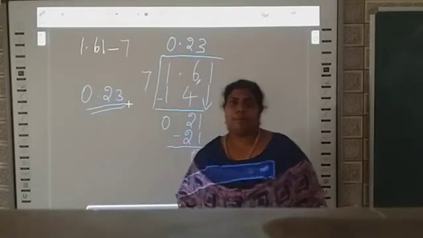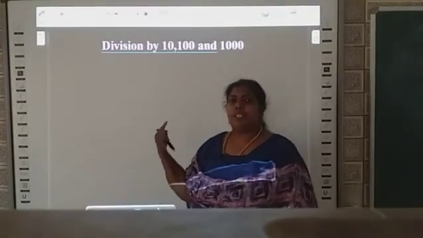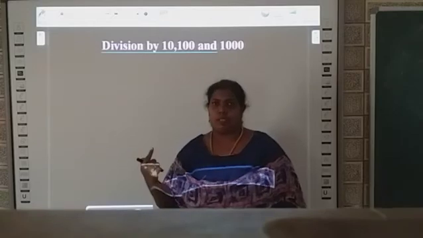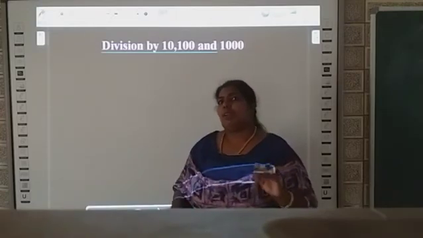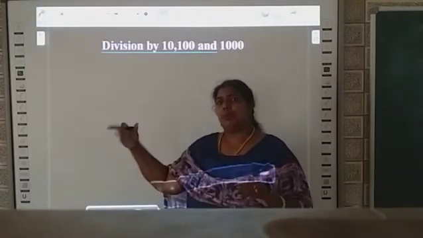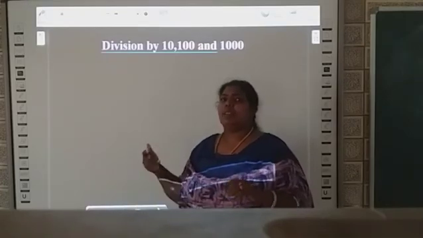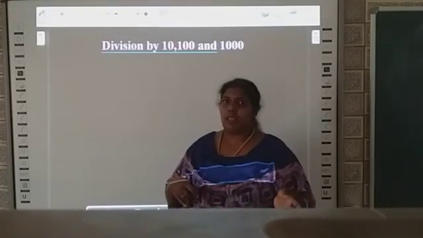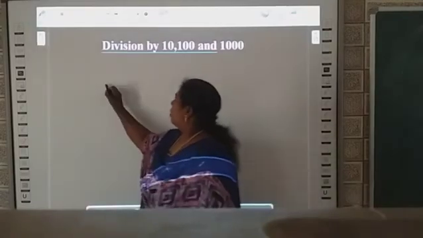Understand? Next we are going to discuss division by 10, 100 and 1000. In multiplication what did you do? You moved the decimal to the right side, isn't it? In division we are going to move the decimal to the left side. For example: